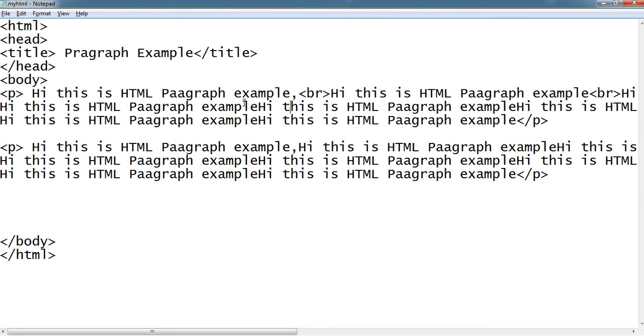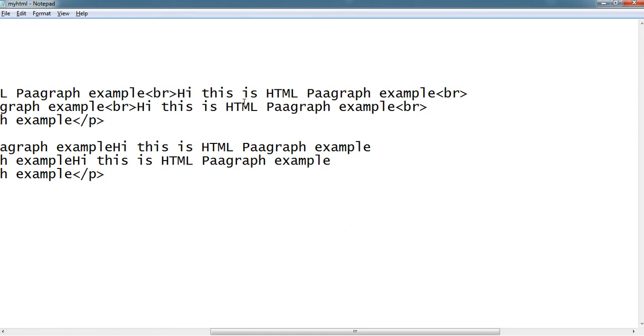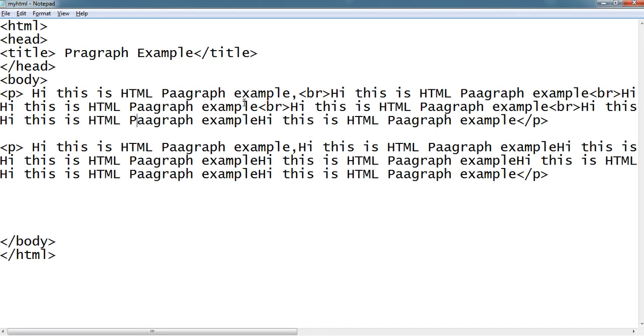So I am going to do the same thing. Place the BR tag after every line, because HTML does not break the line automatically. If you type it on separate lines in the code, it will not accept that breaking.